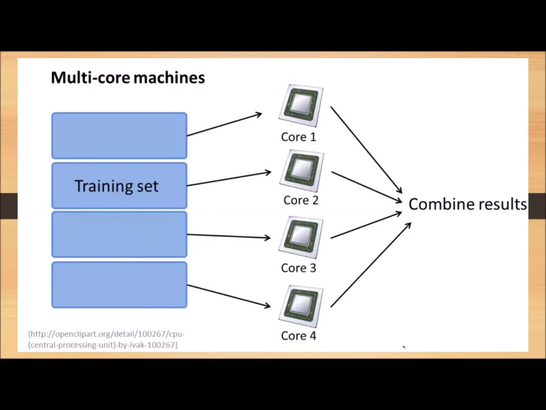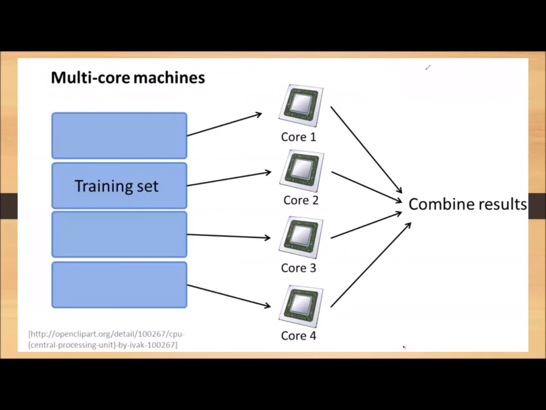If we have multiple cores in a particular computer, say one computer with 4 cores, then in the same way as we divided the data for different machines, we can divide the data for the different cores. The first quarter of the training samples is sent to the first core, the next quarter to the second core, the next quarter to the third core, and the remaining quarter to the fourth core. These 4 cores calculate the results. After that, the combined results will be given to the master computer, or the remaining portion of the computer which can combine the results from all these 4 cores.